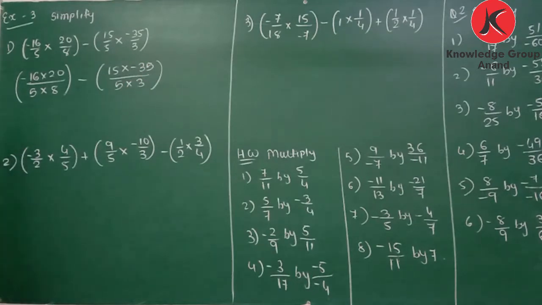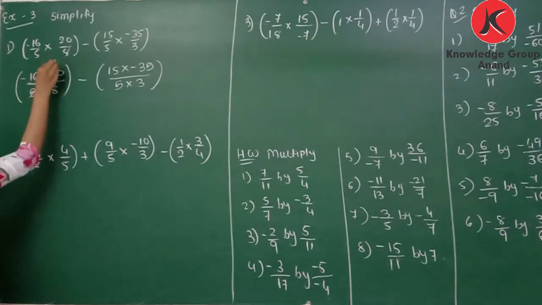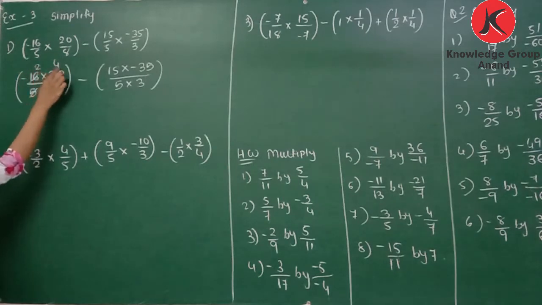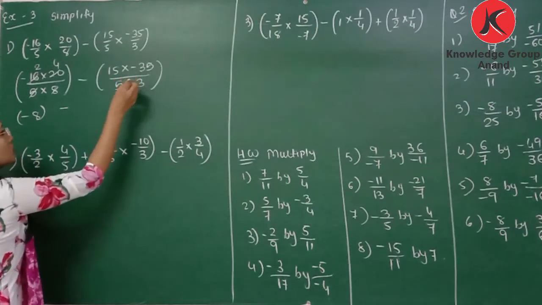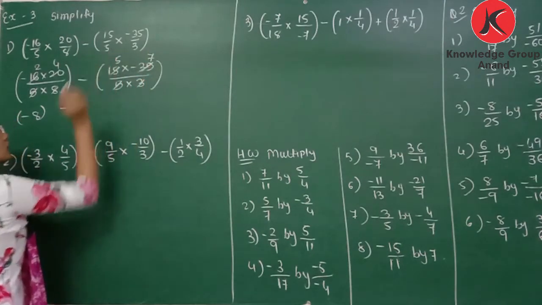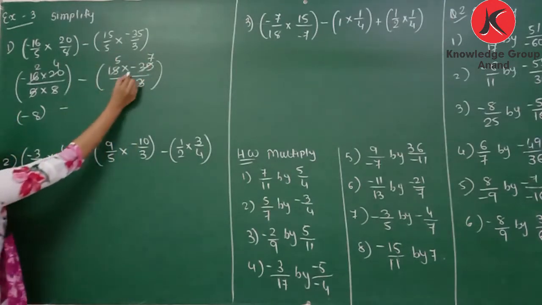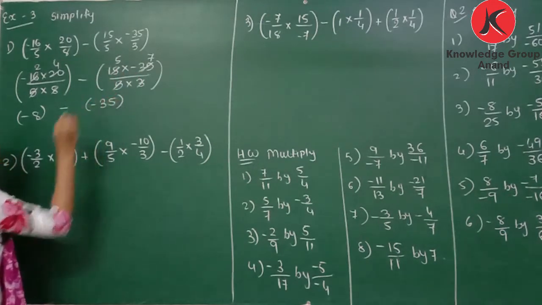So here if there is a common factor between numerator and denominator, you can cancel that out. So you can see 5 4s are 20, 8 2s are 16. So we have minus 8. 2 4s are 8, but here there is a negative sign, so the answer is minus 8. Now here you can cancel out, 7 5s are 35, 5 10s are 50. Now here you can see the negative sign, so the answer is minus 35.